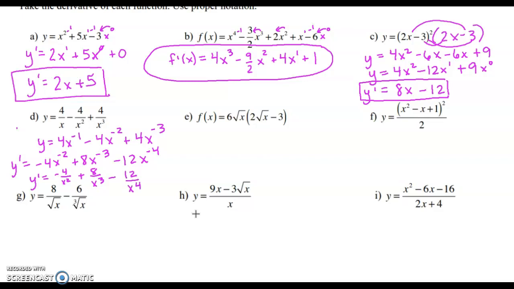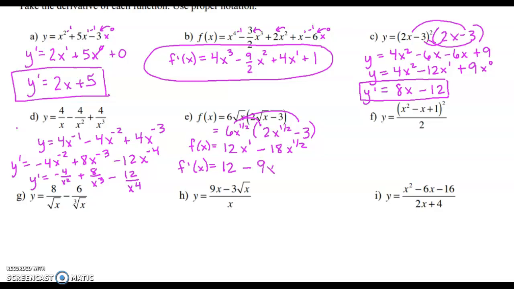All right, on part E, we're going to change this into 6x to the 1/2, 2x to the 1/2 minus 3. So we're still in the original and we need to distribute. So our original function is 12, and then we add powers. So 1/2 plus 1/2 is 1, minus 6 times 3, and we keep the power. So our derivative, we're going to bring the power down, subtract 1, so our x goes away, bring our power down with multiplication, so 18 times 1/2 is 9, and if we subtract 1. Now, if you rewrite this,